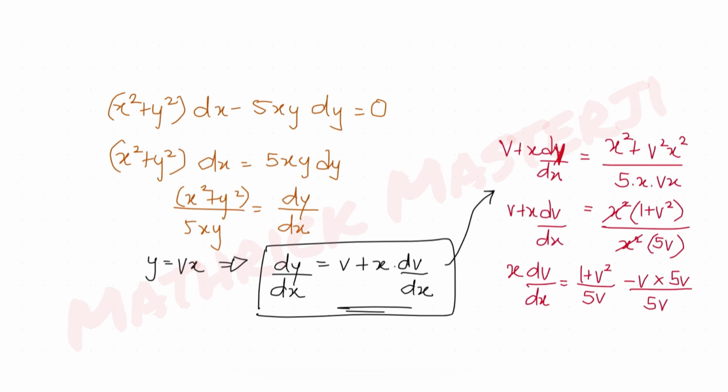So we get x dv over dx is equal to (1 plus v square) over 5v, minus v into 5v, which is minus 5v square divided by 5v. Now once I have this with me, further I can write this as x dv over dx equals 1 minus 4v square